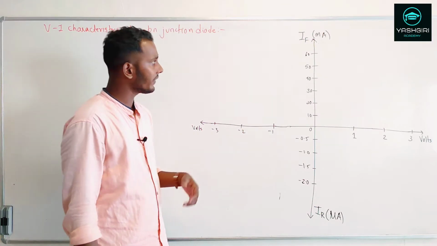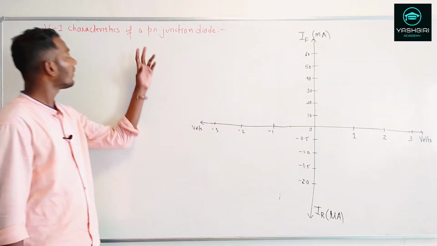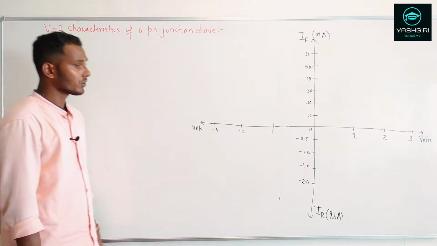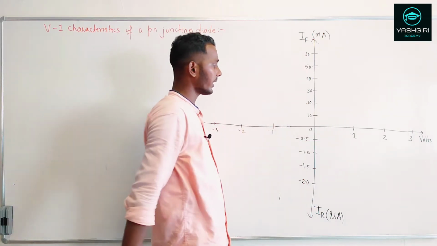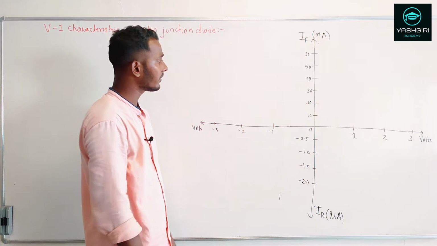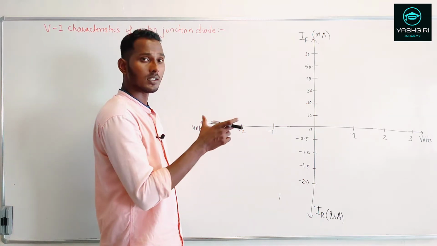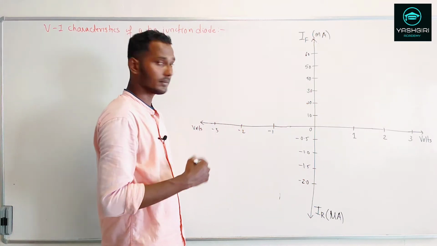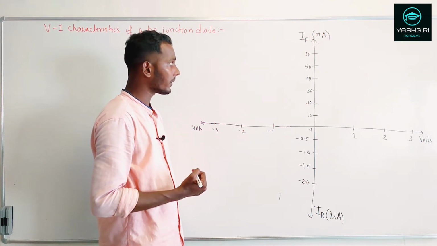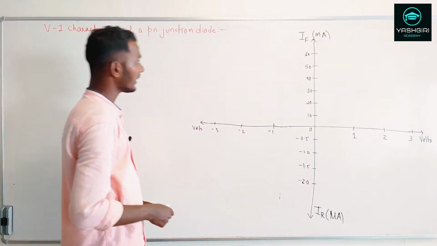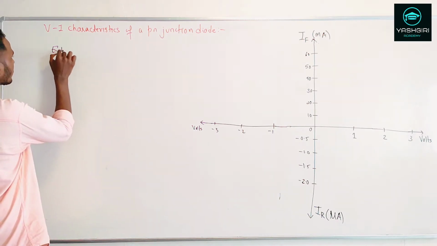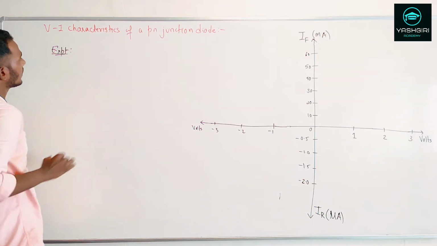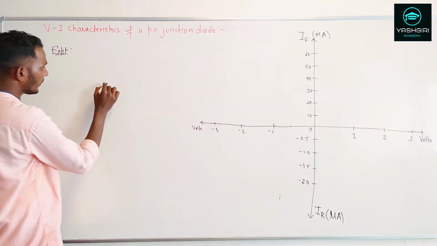Now let's see the VI characteristic graph for the p-n junction diode. So what it tells us about the current variation in the p-n junction diode itself when the terminals of the diode are attached to the external DC power supply. So here let's look at the experimental arrangement first. So what we need is the diode.